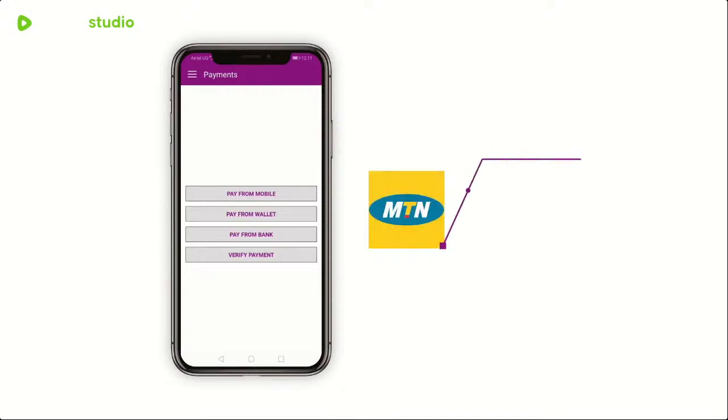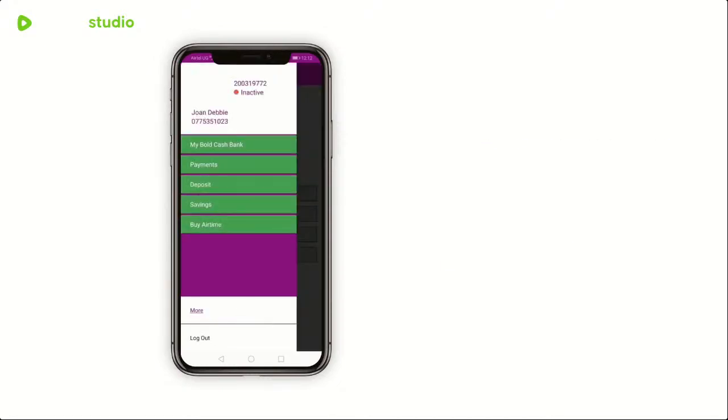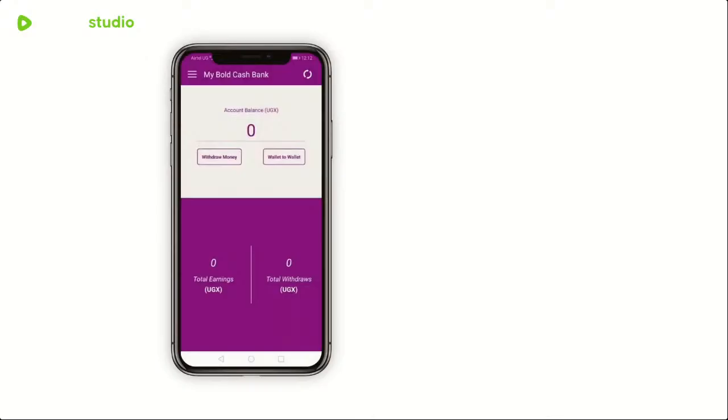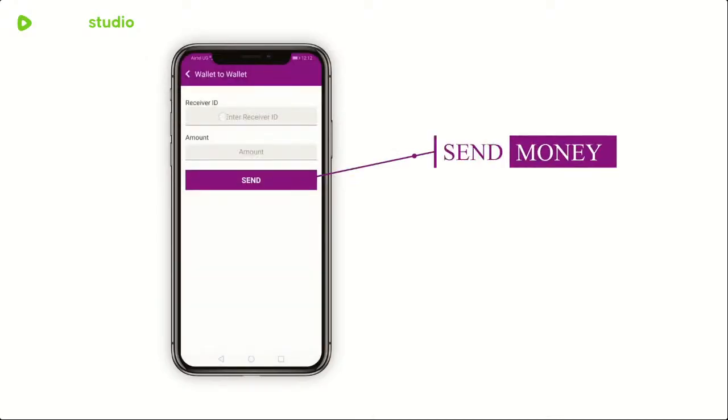For Rwanda, use MTN Rwanda. Once you have paid, wait for 30 seconds and refresh your wallet to be active. When your wallet is active, you'll be able to send money across East Africa at a low price from wallet